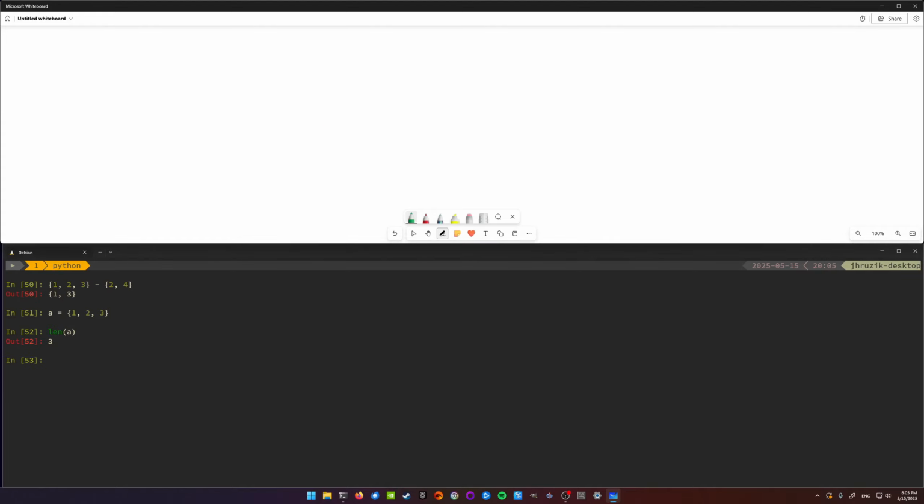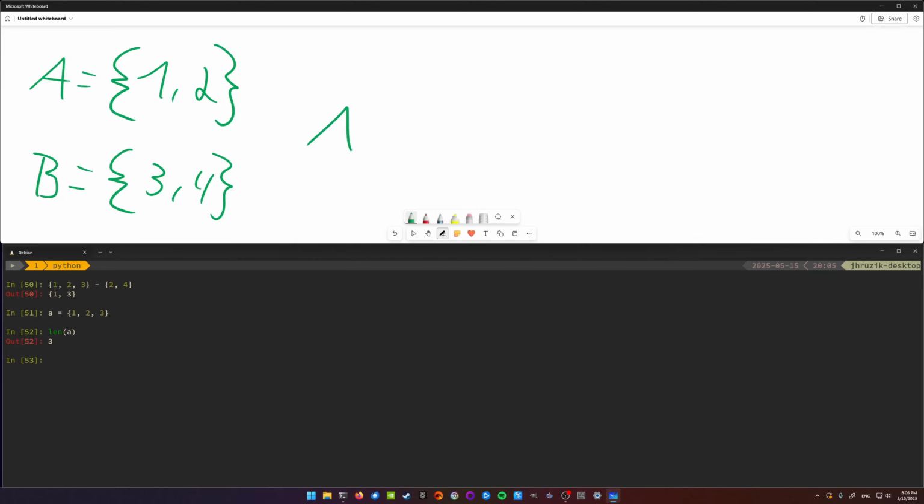Also, you might already know what a cross-join is. There's an equivalent in sets, which is called the Cartesian product. It's the combination of every element in A with every element in B. So if you say, for example, A is equal to 1 and 2, and B is equal to 3 and 4,